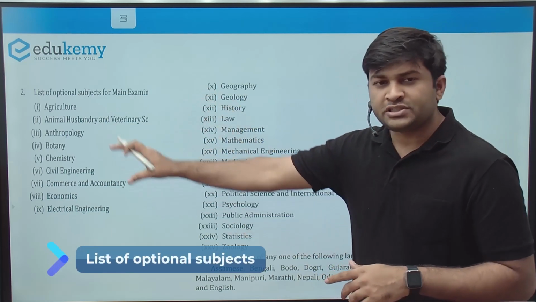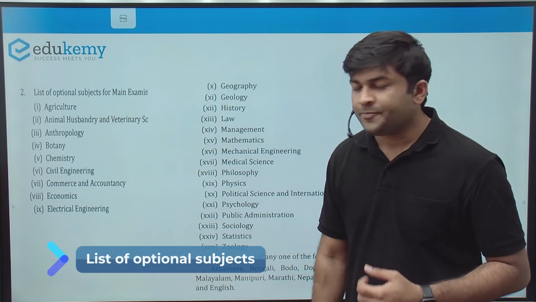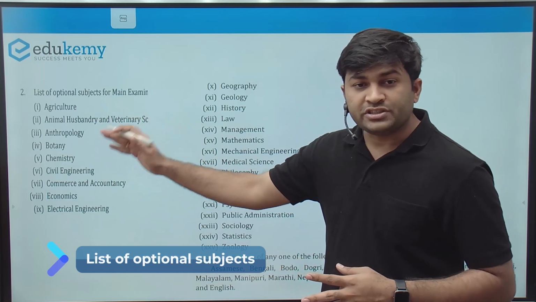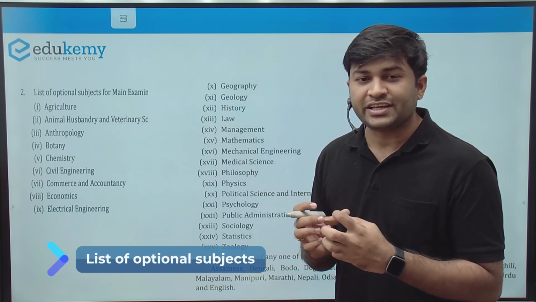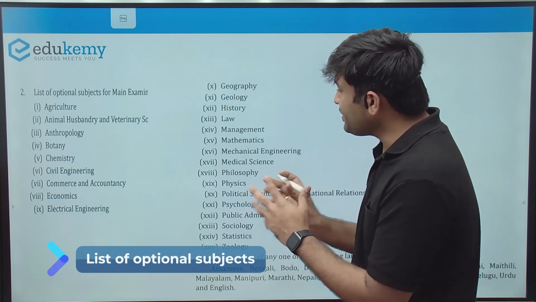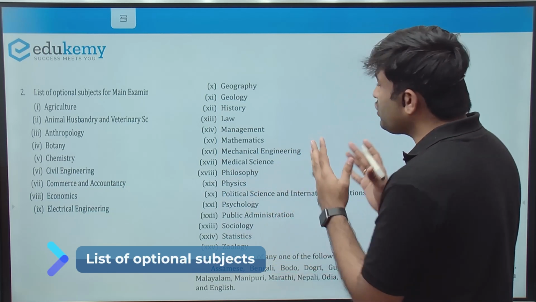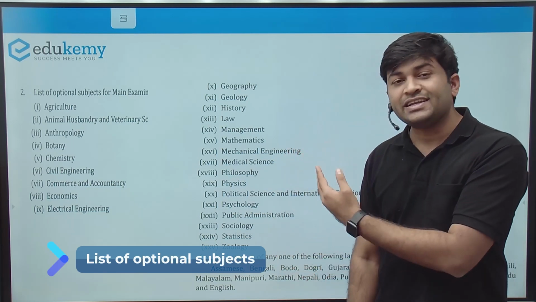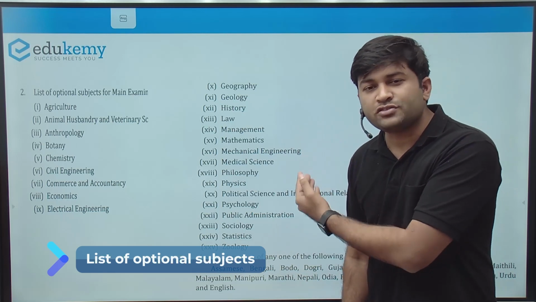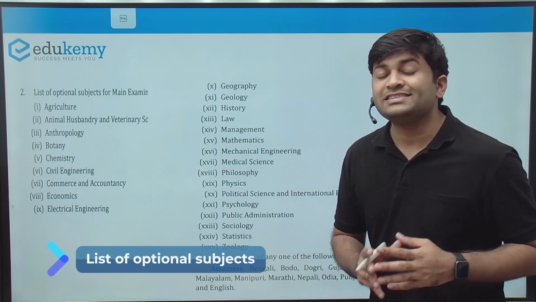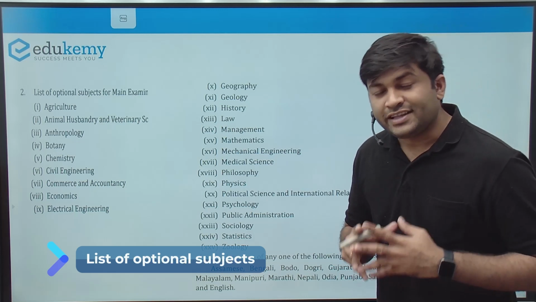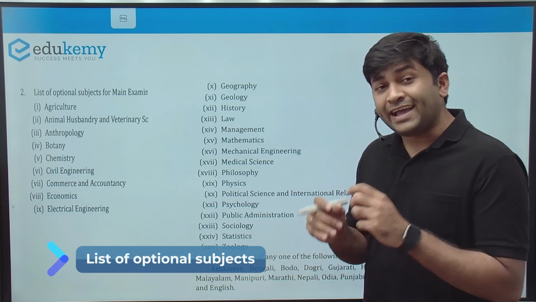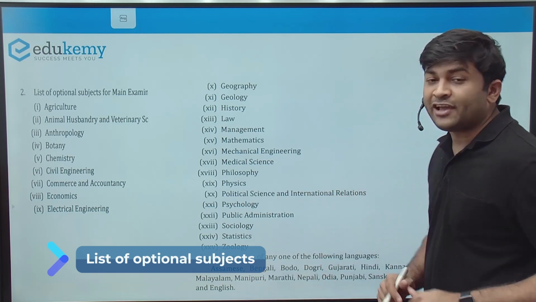Now coming to the optional subjects, what are the optionals that are available to us? Agriculture, animal husbandry and veterinary science. You have anthropology, botany, chemistry, civil engineering, commerce and accountancy, economics, electrical engineering, geography, geology, history, law, management. You have mathematics, mechanical engineering, medical science, philosophy, physics, political science and international relations. Then you have psychology, public administration, sociology, statistics, zoology, and the literature of any of the following languages, that is